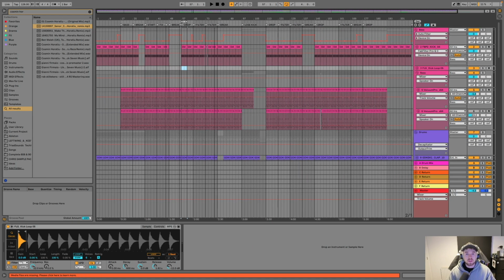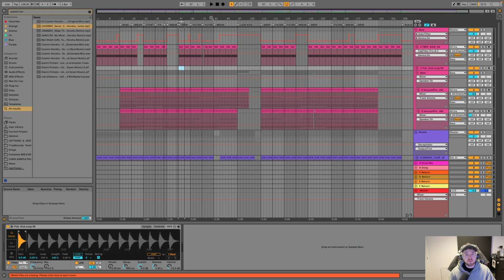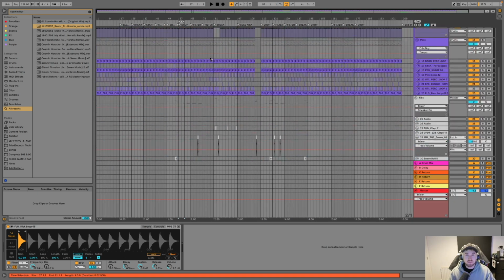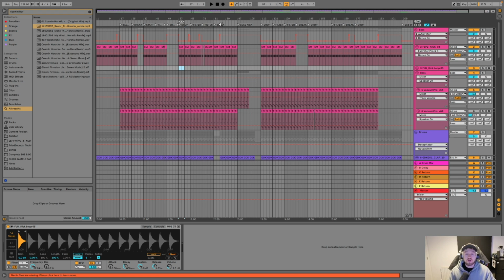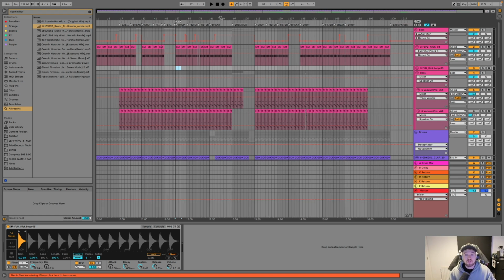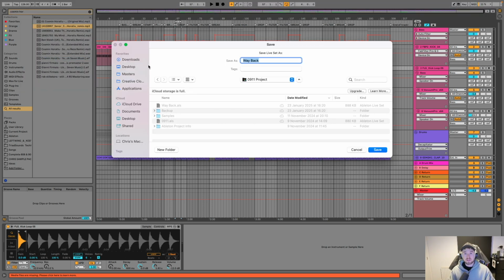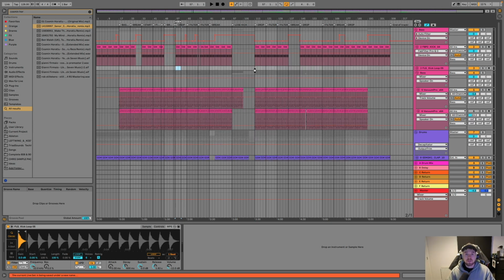Another thing as well to be able to create tracks quite quickly is once you have your track arrangement like a template like this, and you've got your effects in. This is what I will do a lot of the time to create a new track. So I will go File, then Save Live Set, and then we can put it as today's date. So 0302, save,